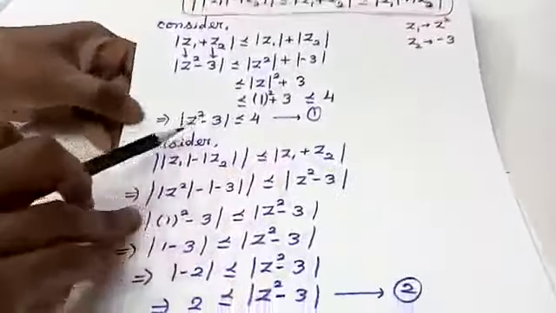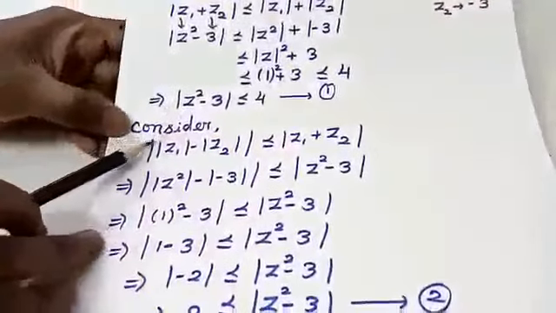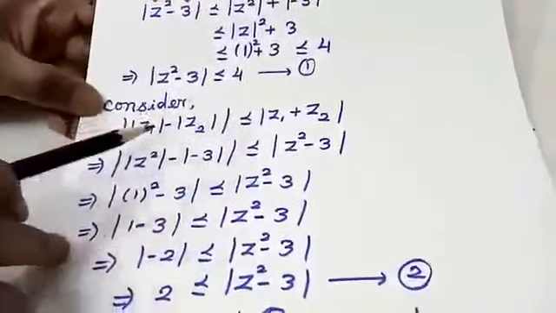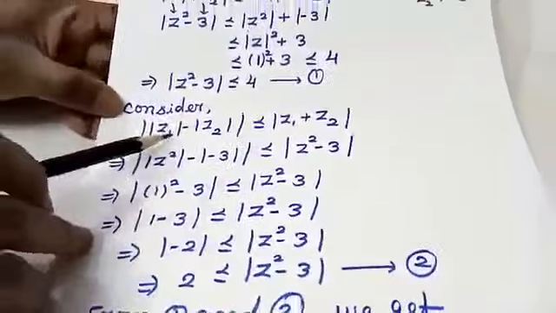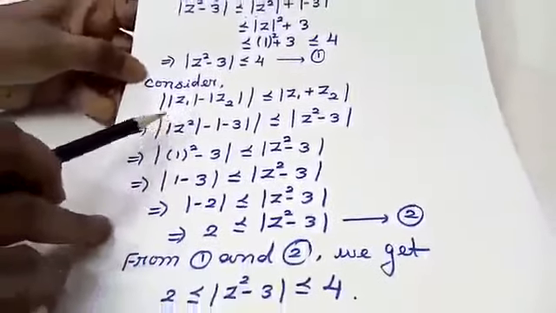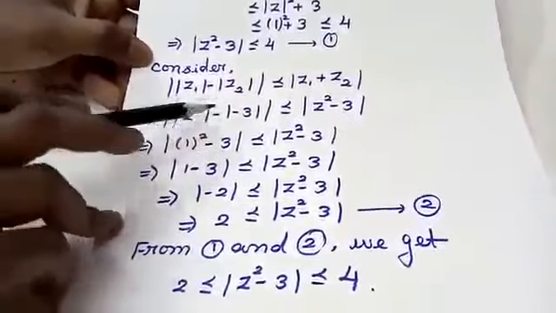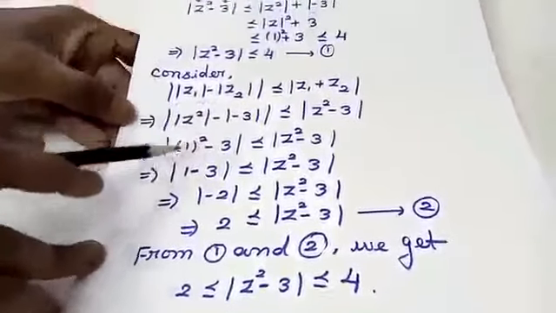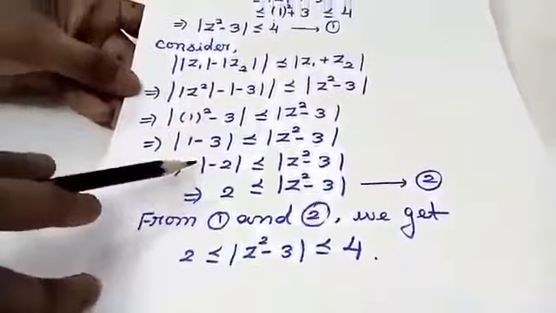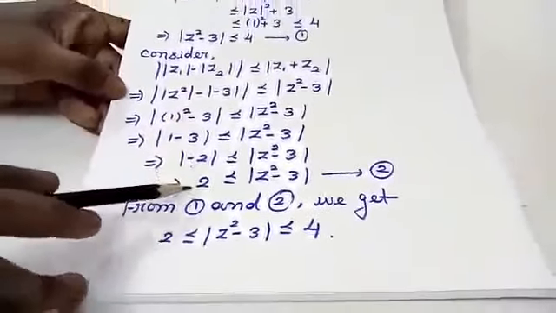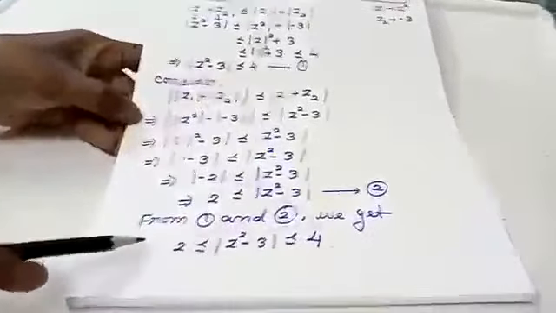And now we are going to find the next one. Next condition I'm using here, students. If I'm using the same way, I'm going to calculate. Just be careful. Modulus of minus 3 is nothing but 3. Again, I'm having a negative sign here. Do the simplification. Finally, you will get like this. Modulus of minus 2, which is nothing but 2. Comparing 1 and 2, you will get the required answer, which is given in your question.